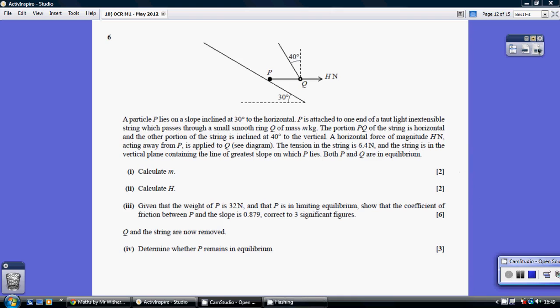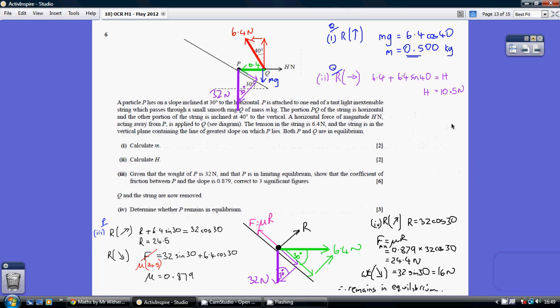Question 6. I think the problem with a question like this is just getting the diagram sorted out. So I've put in all the forces up here with regard to